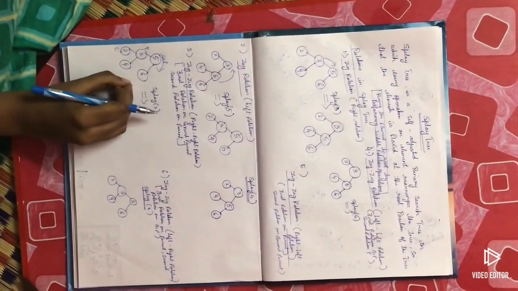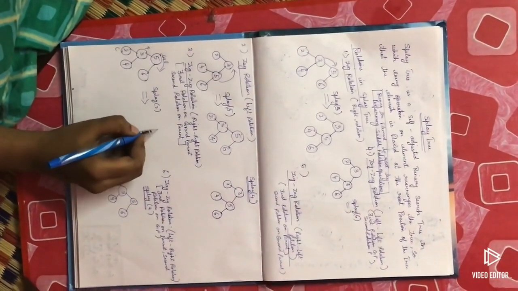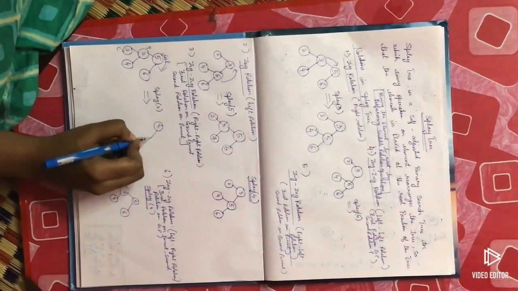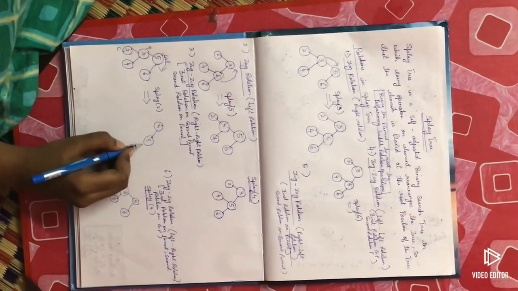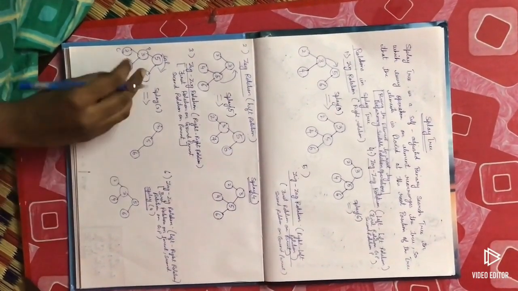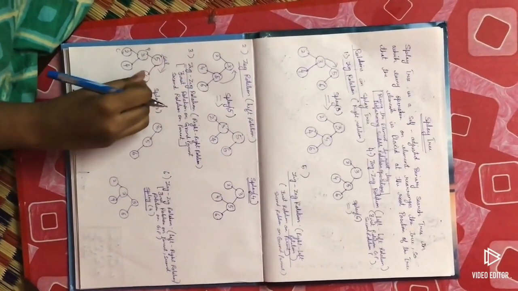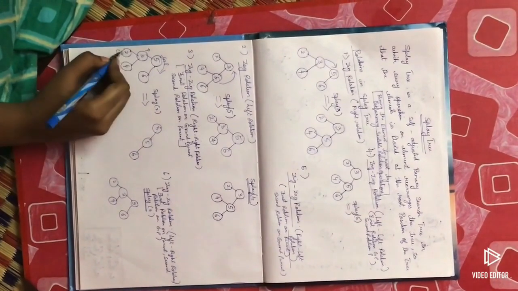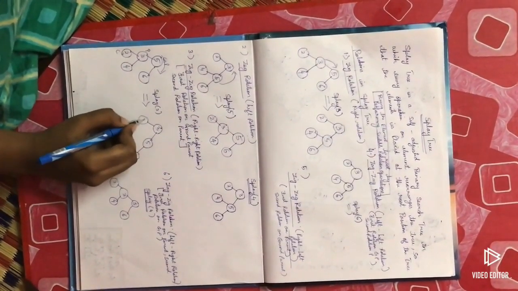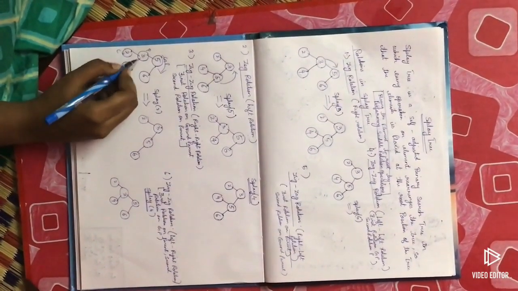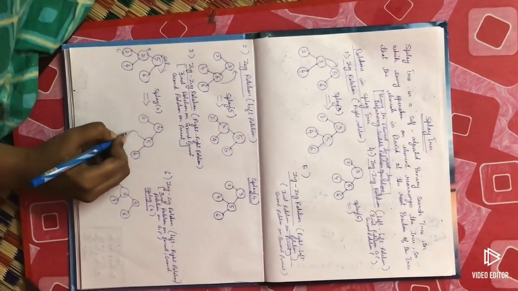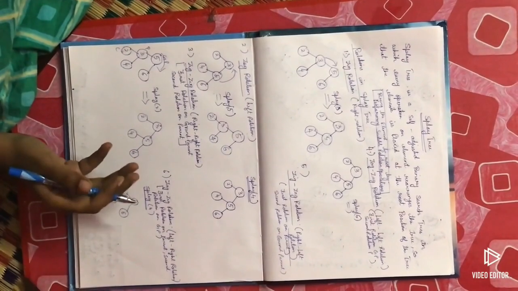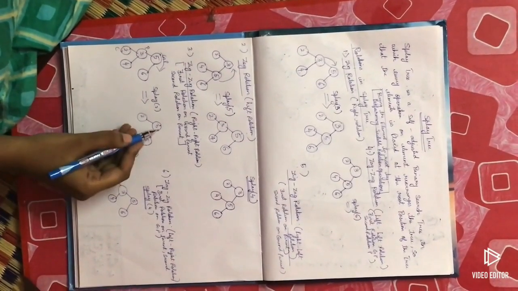If I pull this grandparent to the right side, what will happen? This 3 will go to the root, 5 will come here, and 6 will go here. So I have rotated this side. Okay, so at the right of 3, what is there? 2 is there, and at the right of 3, what is there? 4. So I am writing here. Still, listen, the element is not being rotated; 2 is not made the root node.